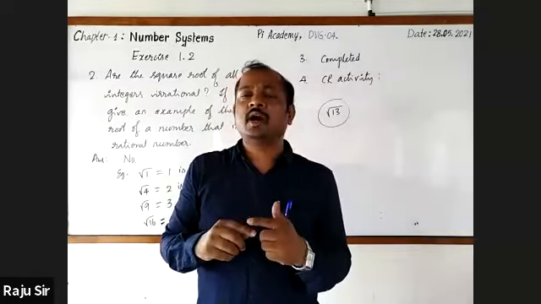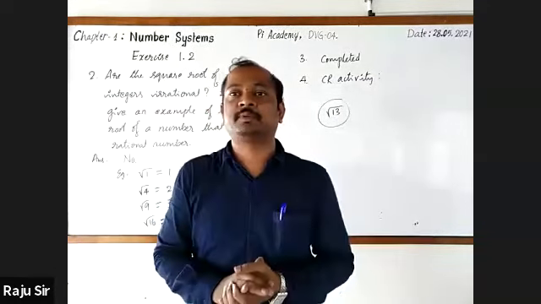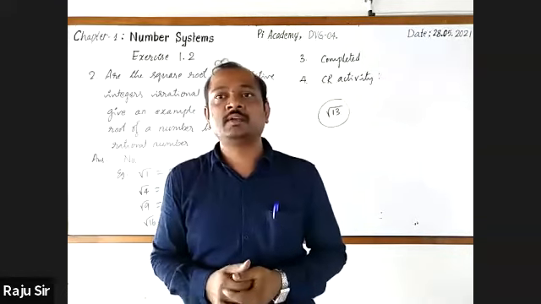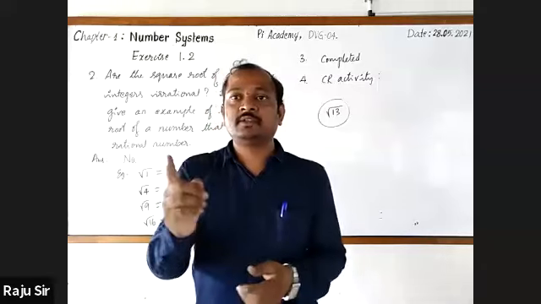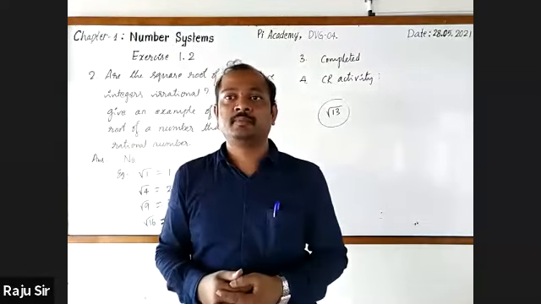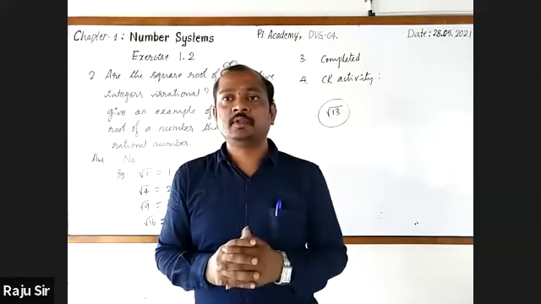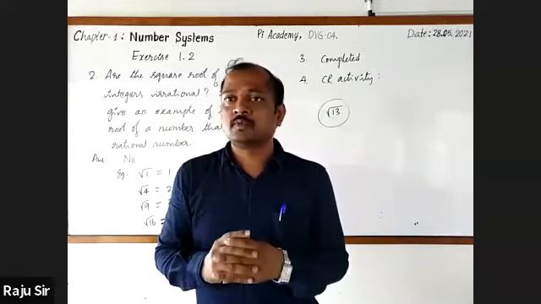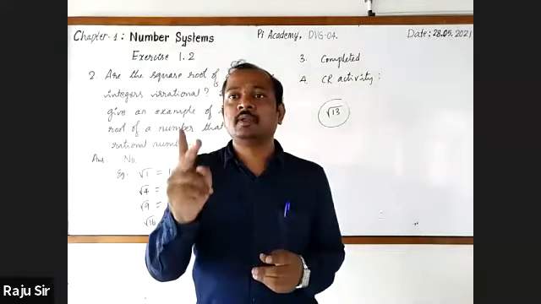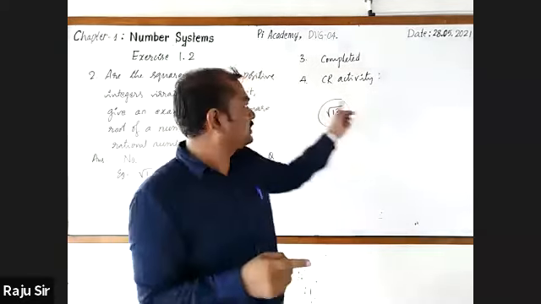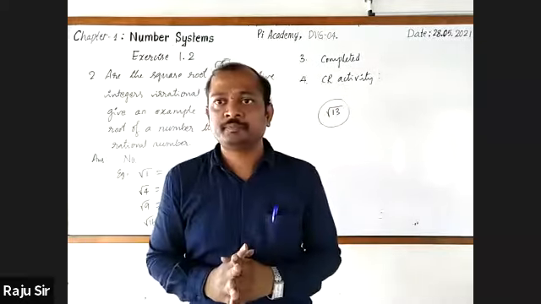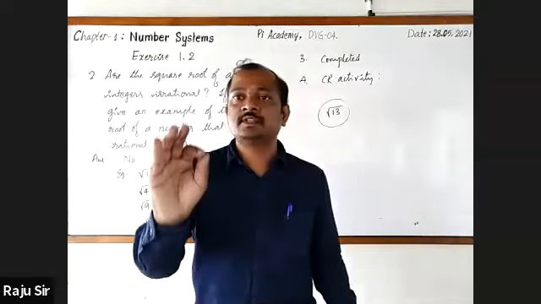Next, we are moving to another very interesting concept of this chapter. If anybody has read, you can tell. Decimal expansion. Regarding decimal numbers, we go for expressing the decimal number in p by q form. But different types of decimal numbers are there. Let us learn them in tomorrow's class. Dear students, while coming tomorrow, please read the 3 pages after this exercise 1.2. Just go through. Whether you understand or not is secondary. You just have to read and come.